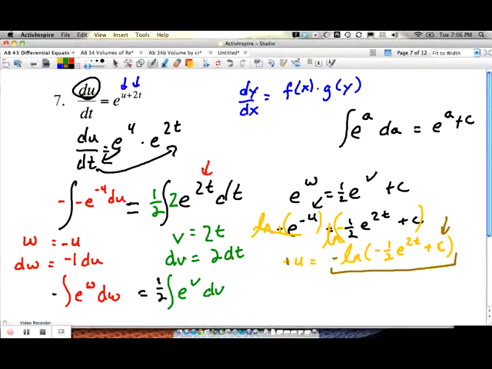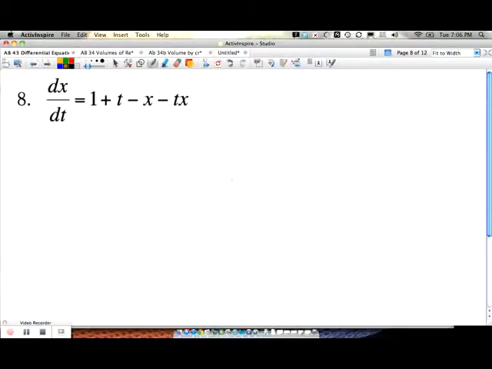We're getting pretty close here. We only got a few more to go through. For this one, dx/dt equals this mess. Whoa, this is a mess because it needs to be f of x times, it looks like, g of t. So in order for me to get that, I need to figure out a way to get this to be